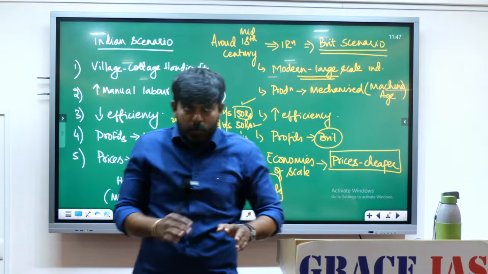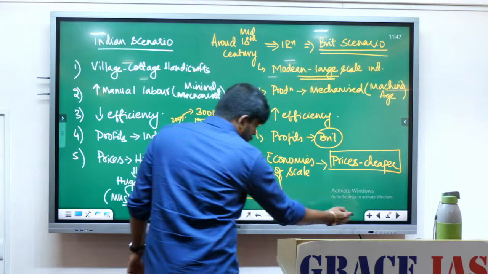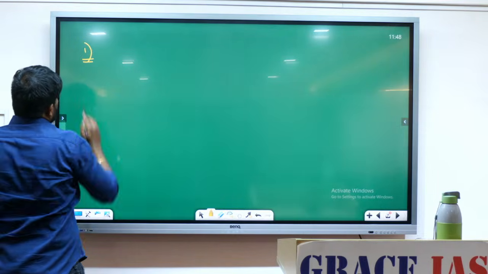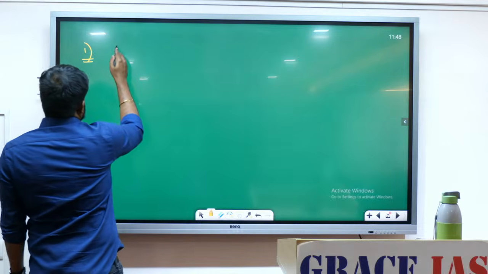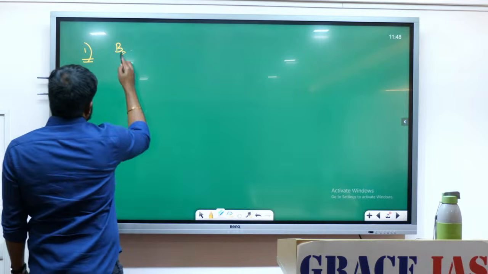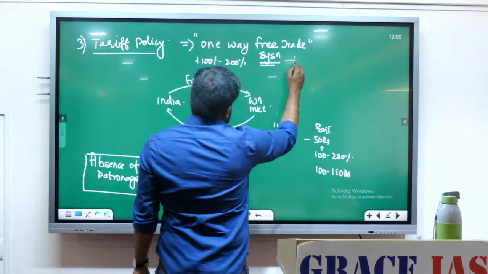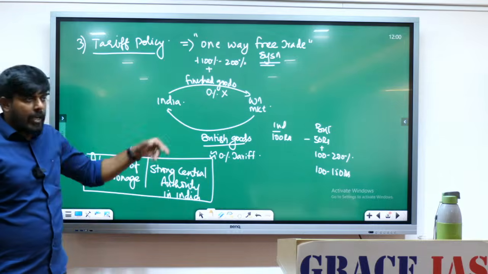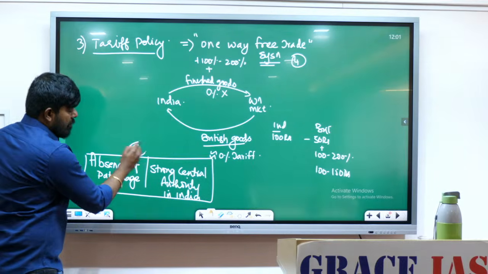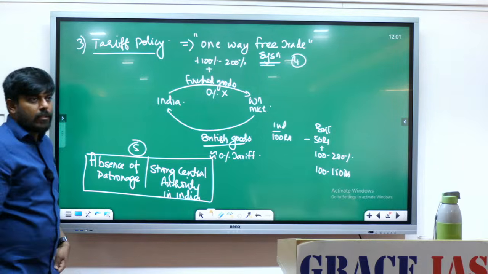Fine. So let us go deeper into this. Firstly, you have to understand the nature of the trade between India and England. So this you can write as point number 4, and this can be your point number 5. Absence of strong central